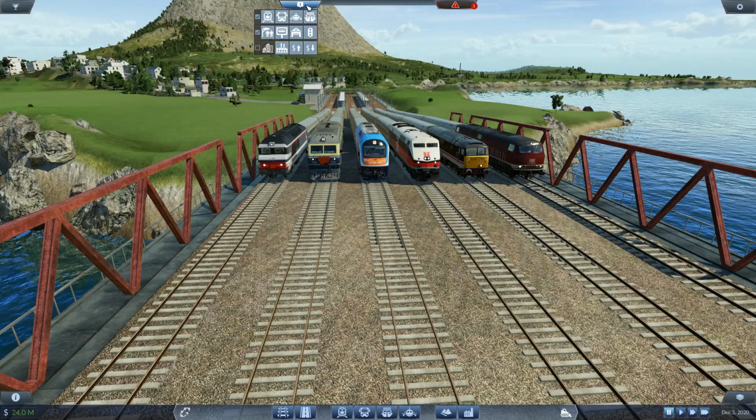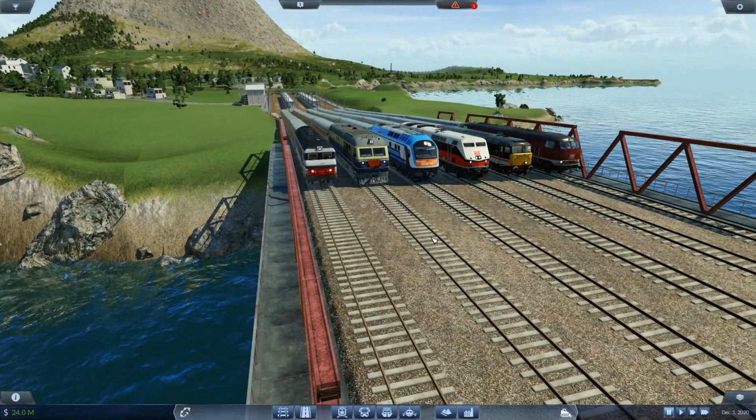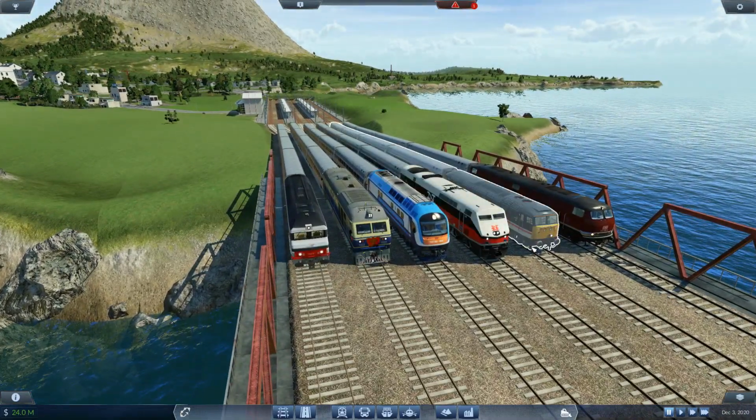We are back with more Transport Fever on the Mountain Islands map for round 4, race number 4, the Diesels haulage race. In the last race, our Chinese train won the single unit. The American finished second. It had a few glitches. I'm hoping it'll run smoothly this time, as I'm kind of hoping the UK train will also run smoothly this